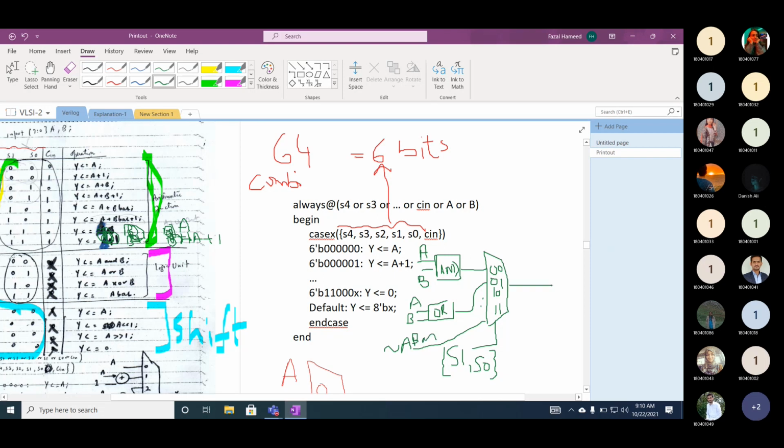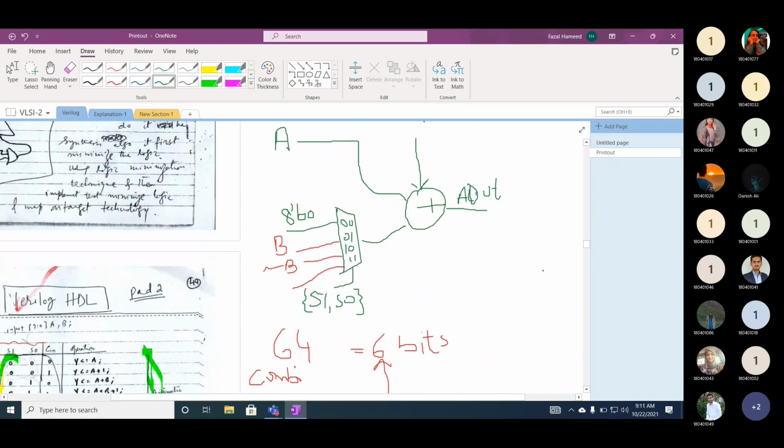So now what is this output? What should be the output? We can call it logical out. Now if you look here, whether A out will go on the output or logical output will go on the output, we have to look at the other select lines, and we have to see intelligently, looking at the truth table, when it will go on the output. So you have to see in there.